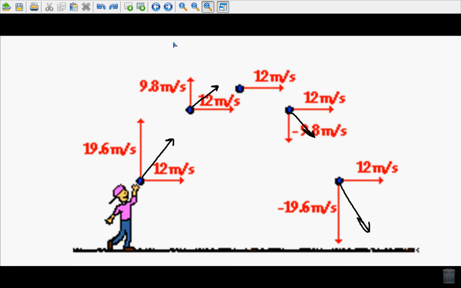So, yes, the object is traveling at a velocity at an angle, but it's made up of some horizontal as well as some vertical movement. So, some things to keep in mind, and we're going to examine the horizontal first, is that